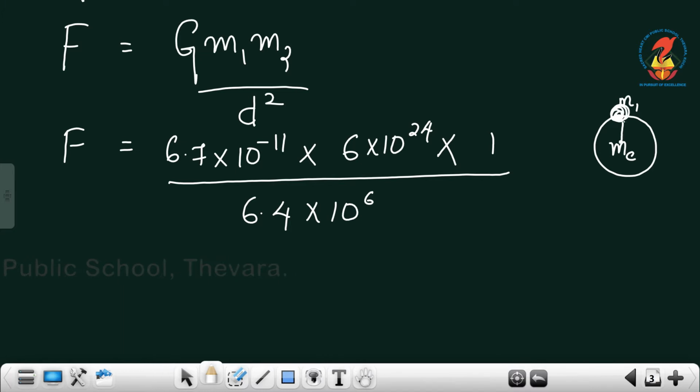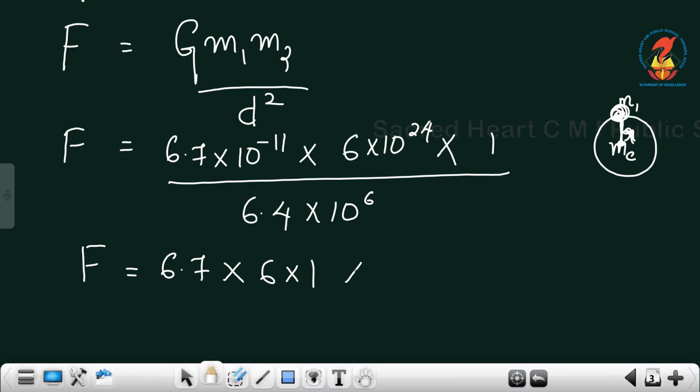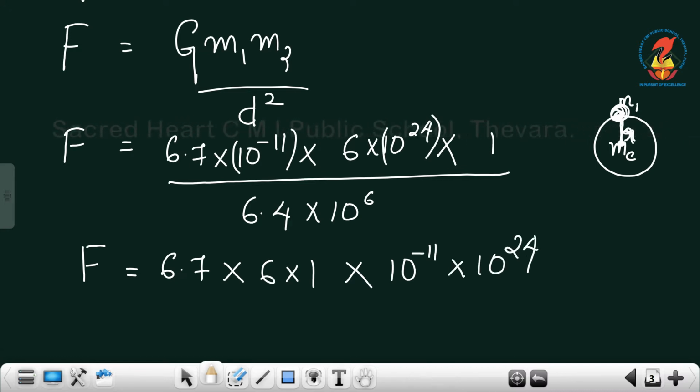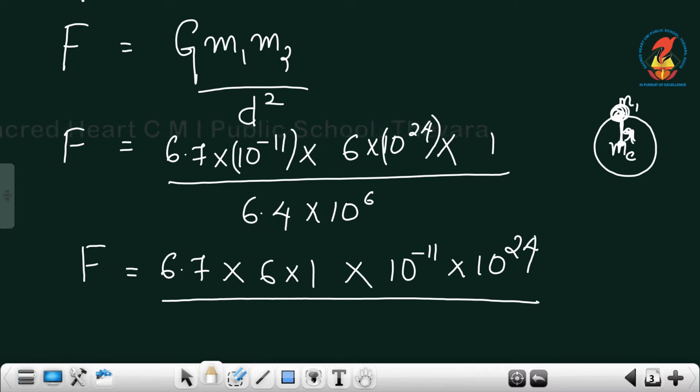That is the radius of the earth, that means the distance between the center of the earth and the object is the radius itself. So, this is the case. Now, first solve the number part. 6.7 into 6 into 1 into, now the exponents, 10 raised to minus 11 into 10 raised to 24 divided by